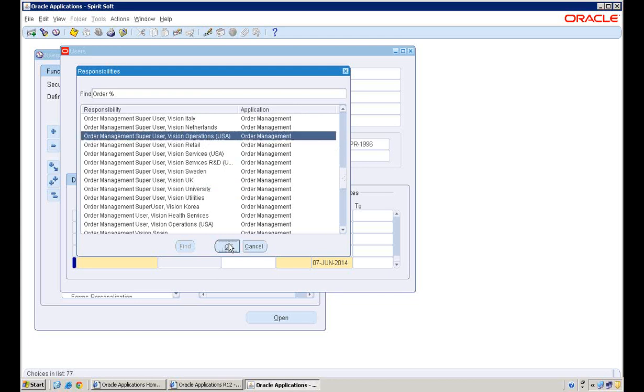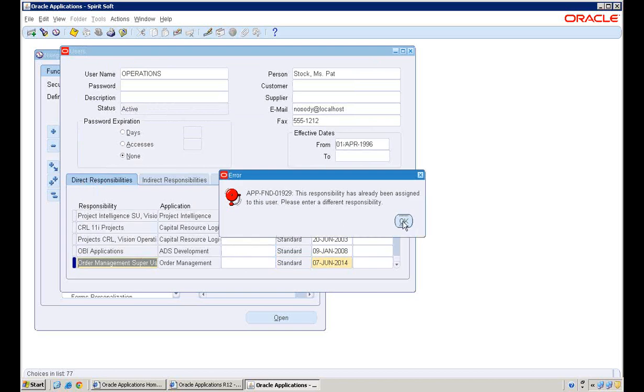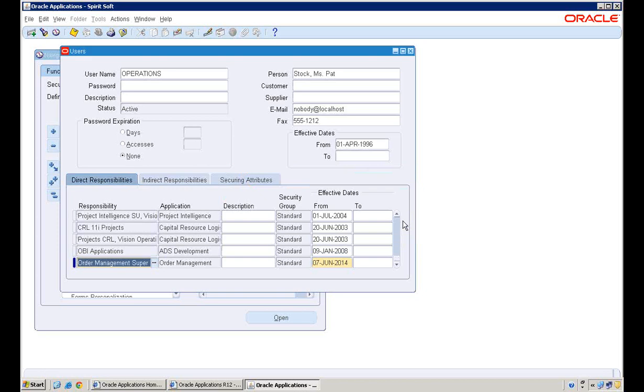Let's add this responsibility. This responsibility has already been assigned to this user. Please enter a different responsibility. So you will automatically get an error message like this. And now, okay, I don't want to add this line. If I want to delete it,